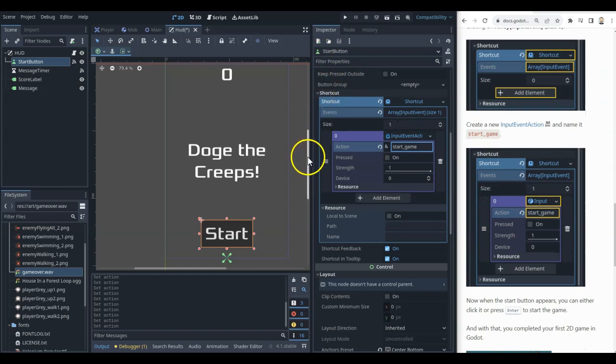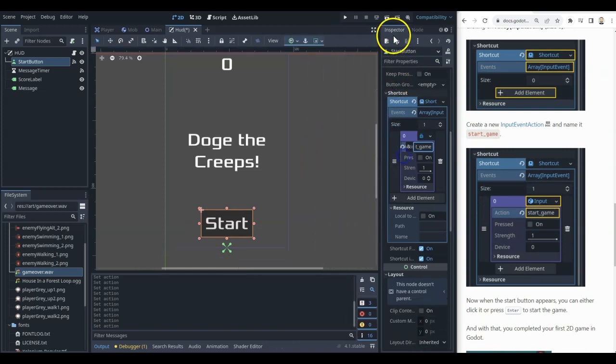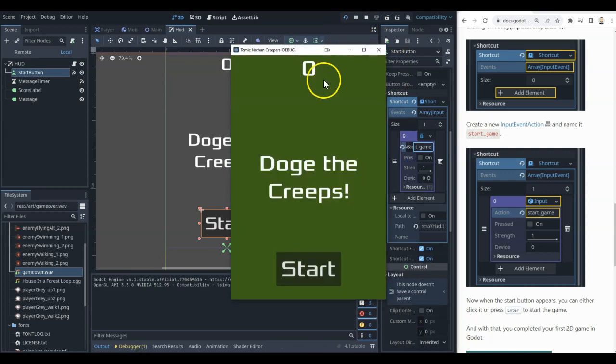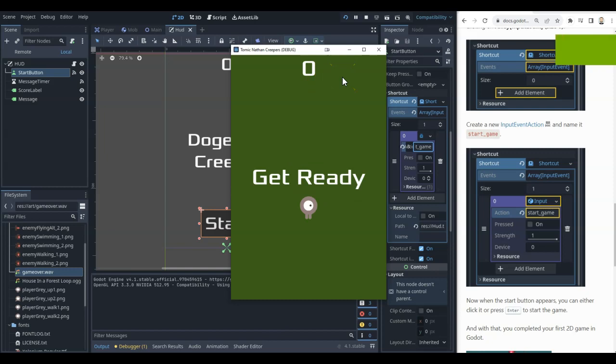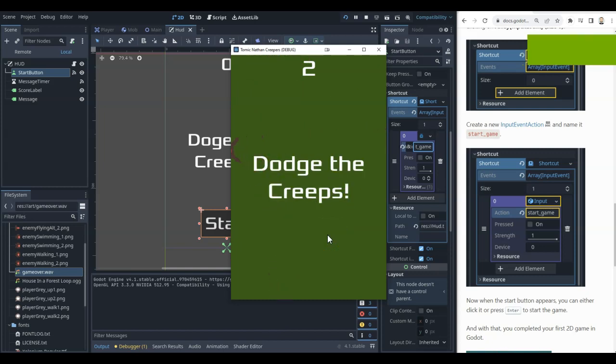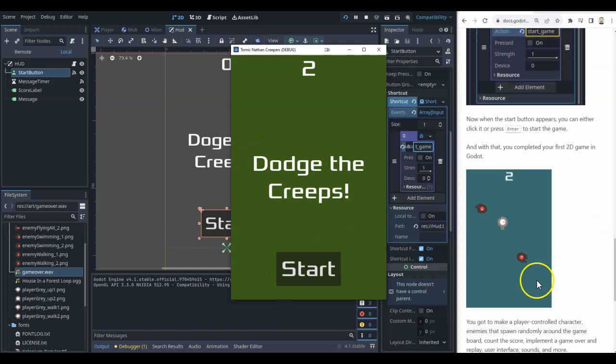So if I just again shrink this down a little bit, try running the game. Again, I'm not using my mouse. You can actually see my mouse is up here. If I press my enter key, it's the same as if I had pressed the play button, also the start button with my mouse. So we've essentially added in a shortcut key for that start. Okay,